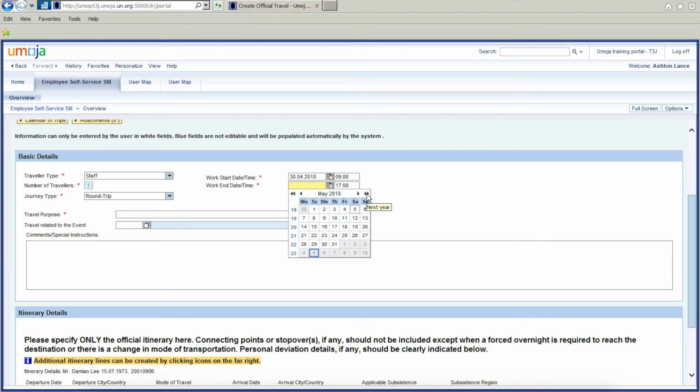So for this case, we're going to select the 4th of May, and 5 o'clock as the end time and 9 o'clock in the morning as the start time. We are also adding a travel purpose. Again, for the sake of this scenario, we are adding review internal project in mission region, just as an example. Now these are the required fields that we have already populated, and the next steps will be to fill in